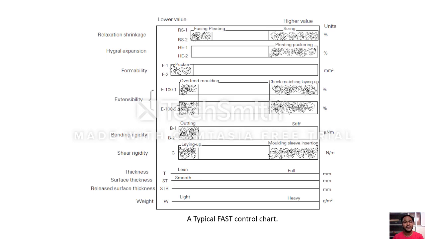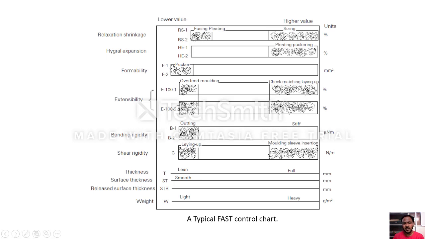But if it goes more than that, then it will create problems in the pleating and seam puckering. When you stitch the garment, it will create problems in seam puckering. That is, if the warp-wise high-grade expansion is too high compared to the weft-wise high-grade expansion, then in that case it will lead to seam puckering.